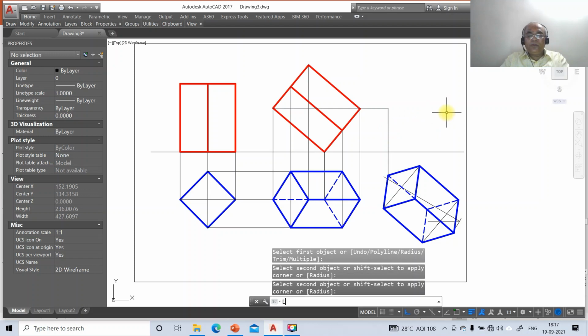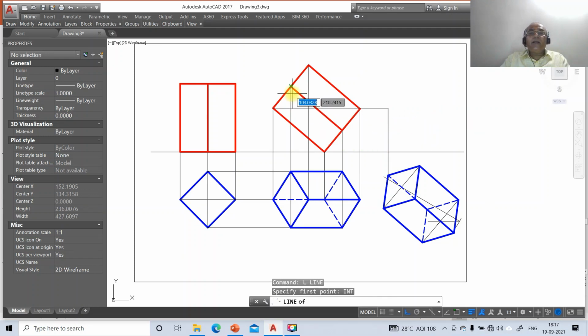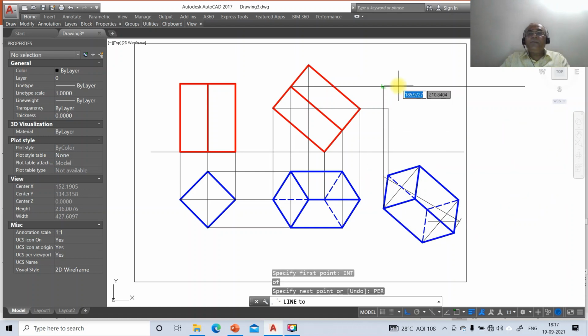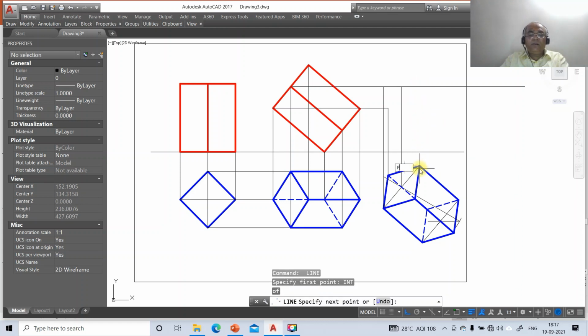Now once you do that, come down to line, take int of this, then go to line, take int of this and draw perpendicular to this. Then go to line, take int of this and draw perpendicular to this. Then go to line, take int of this and draw perpendicular to this line. Then go to fillet